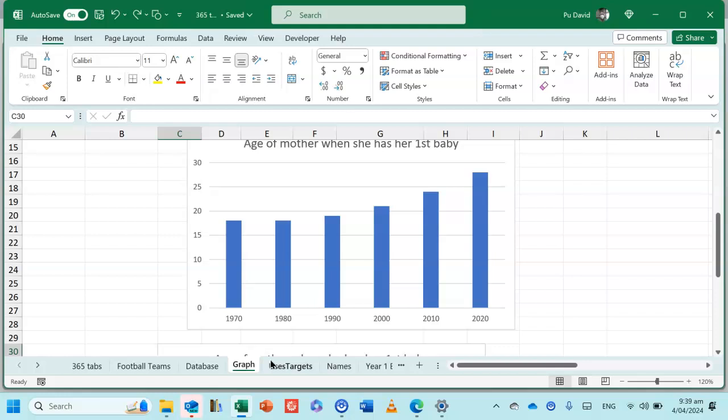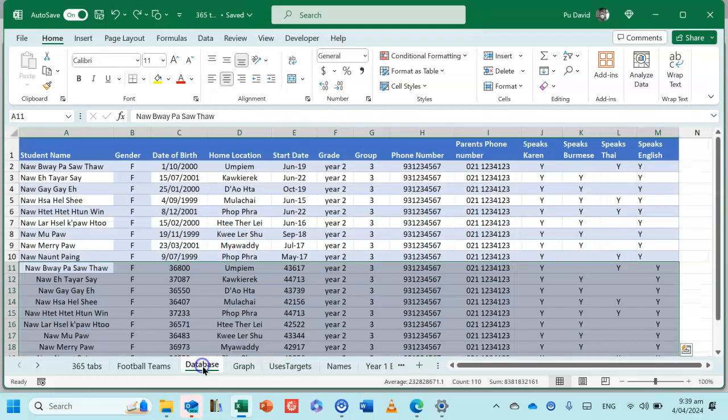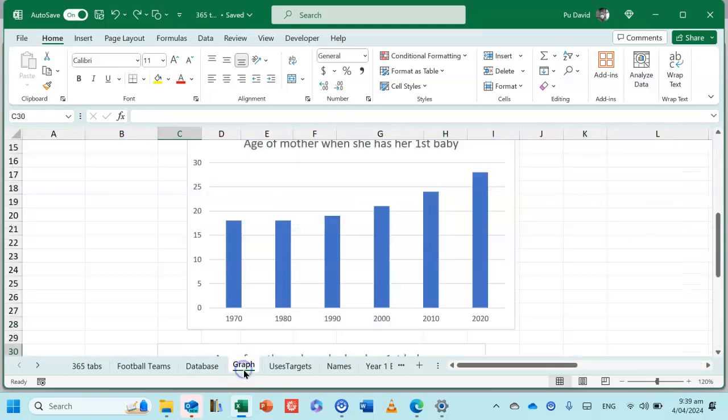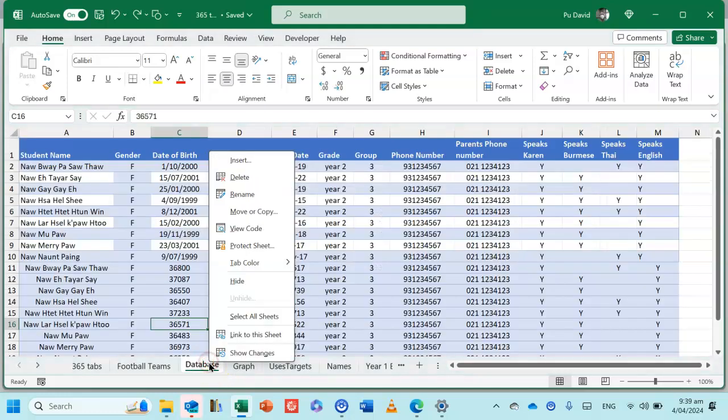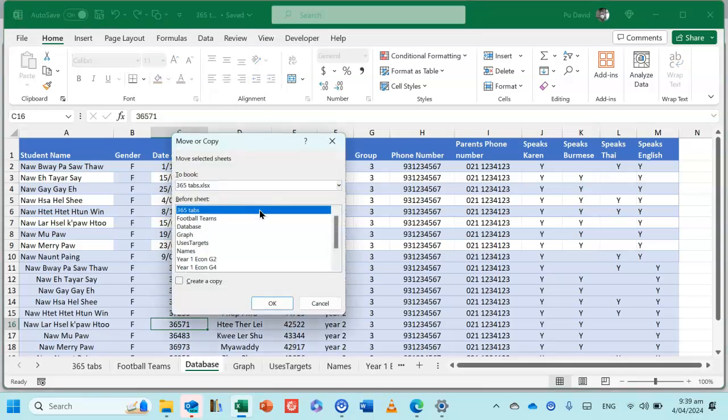Okay, one other thing you can do, let's say you want to copy a tab. So you go to the tab, highlight the name of it, and right-click. And there's an item here, move or copy. Click on that one. If you just want to move it, you can move it within the list of tabs on this one,